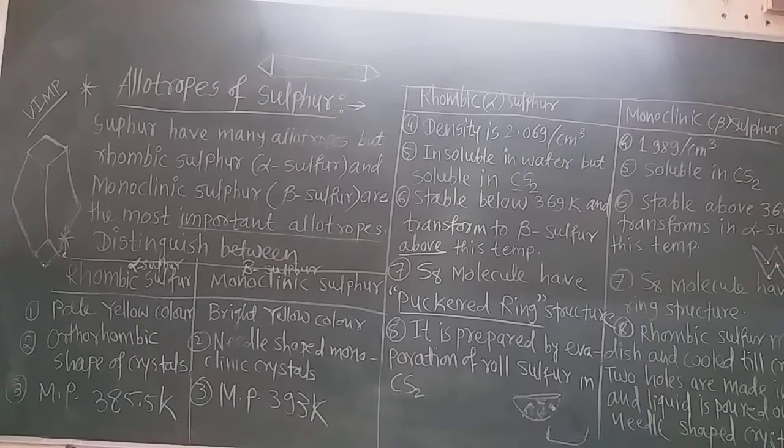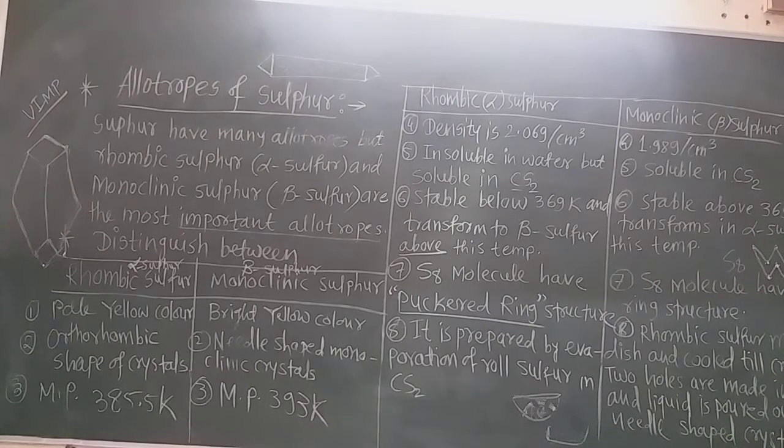Now there are 2 types of shape. I draw one shape as the crown shape. Another is the chair shape of the sulfur molecule, in this way. Chair-like shape. Now see, 1, 2, 3, 4, 5, 6. There are sulfur atoms in between also. In the chair shape, the molecule of sulfur is in the S6 form, and in the crown shape, the molecule of sulfur is in the S8 form.